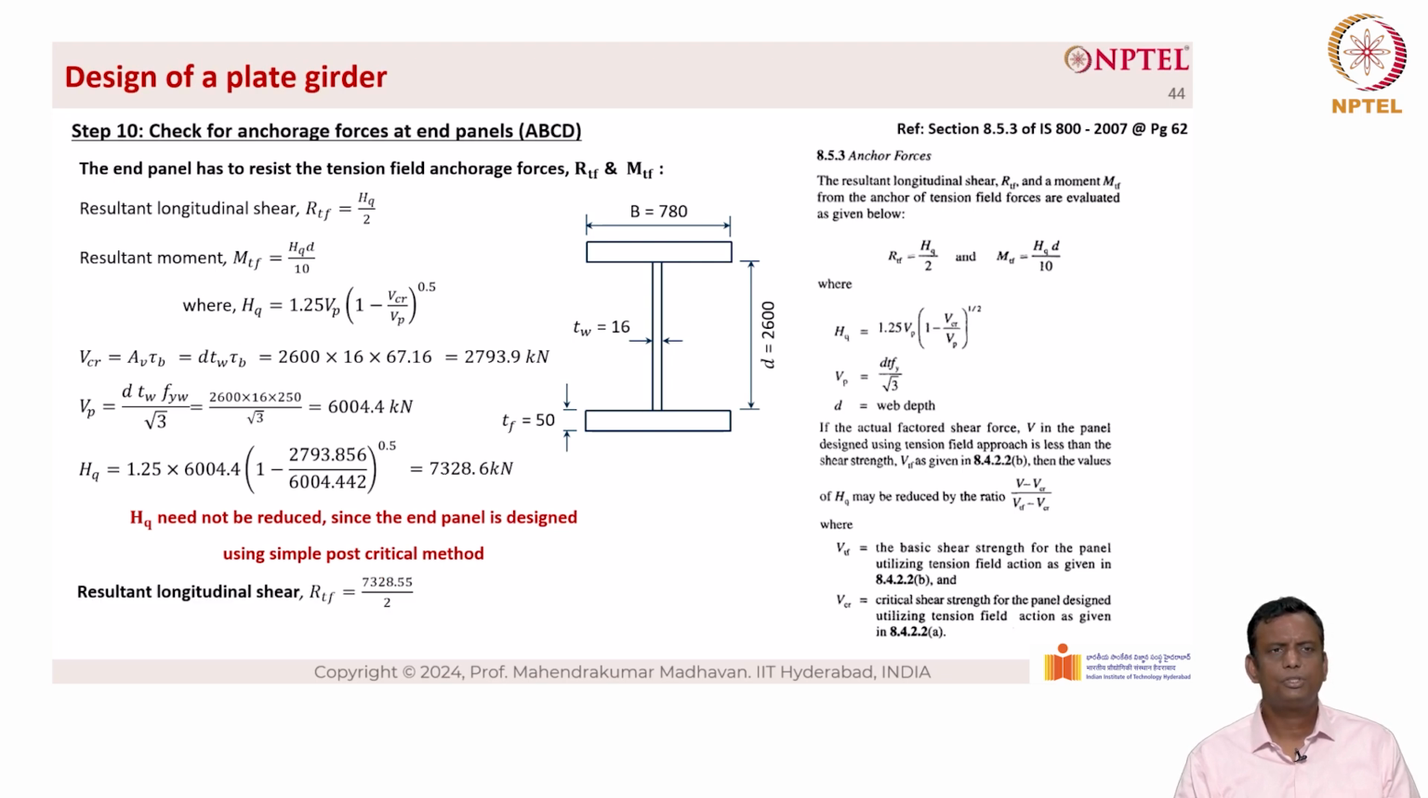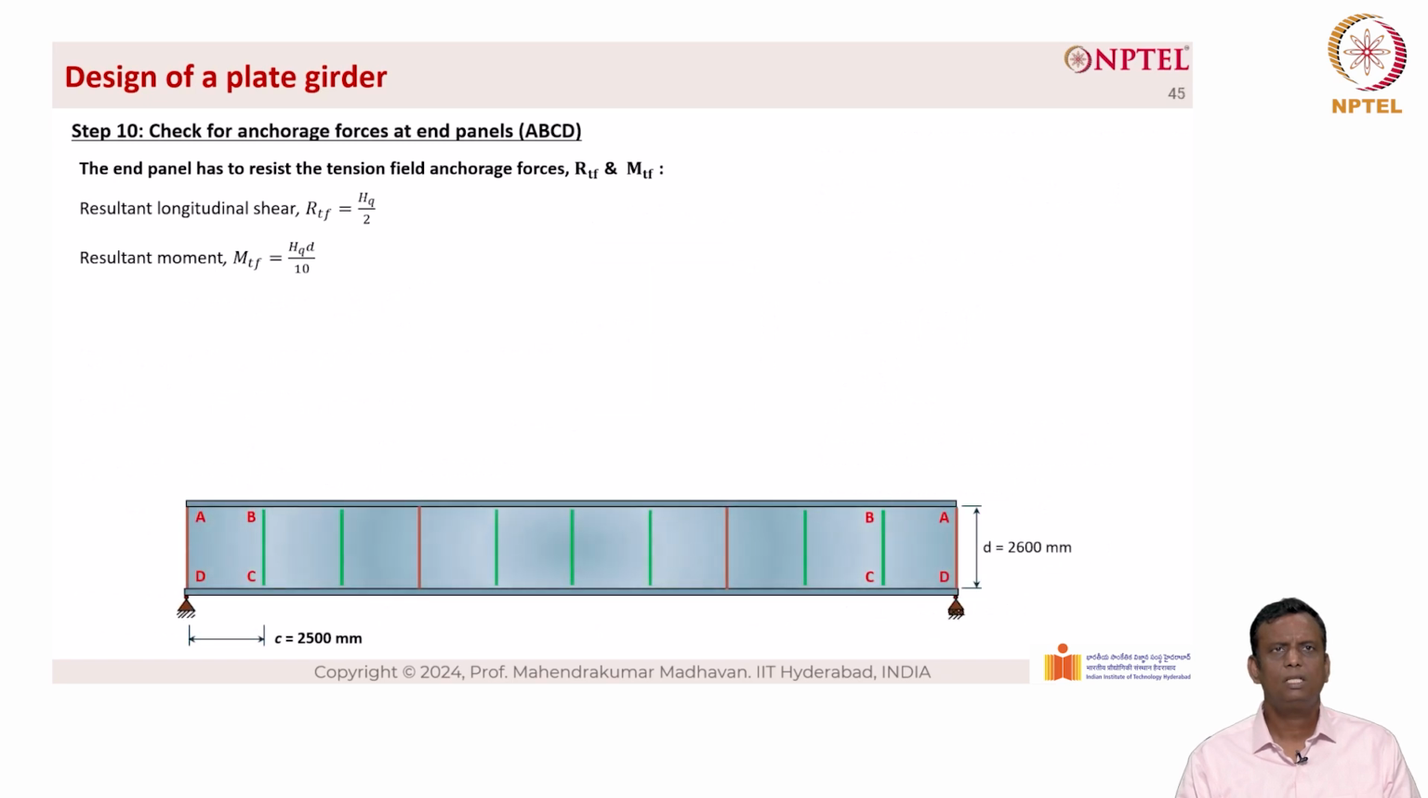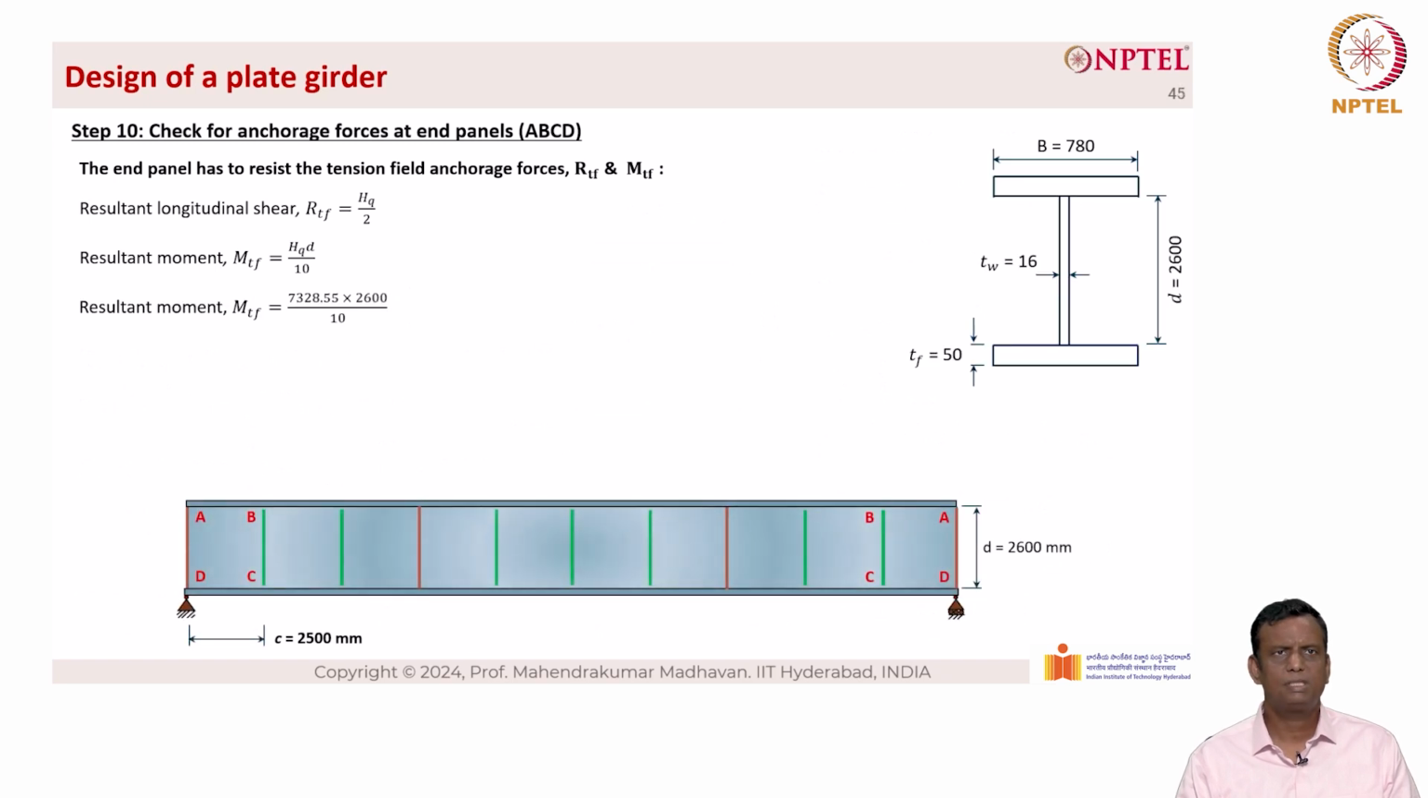So, the resultant longitudinal shear RTF is equal to 7328.55 divided by 2, which is equal to 3664.275 kilonewton, and the design shear strength is Vp by gamma m naught, which is equal to 6004.442 divided by 1.1, which is equal to 5458.58 kilonewton, which is greater than RTF, the resultant longitudinal shear. Hence, it is okay. Now, let us also look at the resultant moment, which is 7328.55 into 2600 by 10,